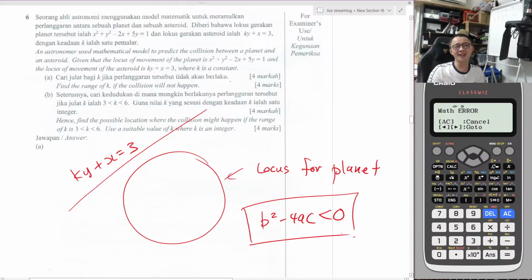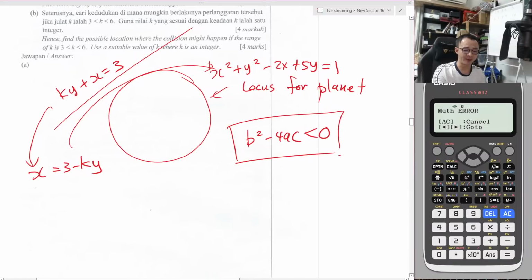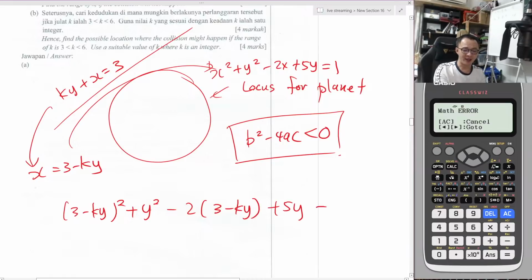But in order to apply b squared minus 4ac less than 0, we need to have a quadratic equation. So in order to have the quadratic equation, I will just sub the straight line equation into the circle equation here. Okay, so here I will make x the subject to make our life easier. So from this one, x should equal 3 minus ky. So if x equals this thing, I will sub back into all the x here. So let's see what will happen here. So (3 minus ky) squared plus y squared minus 2(3 minus ky) plus 5y minus 1 equals 0,